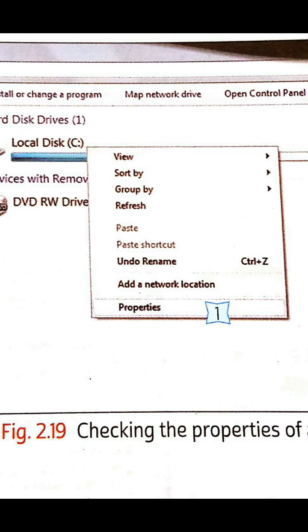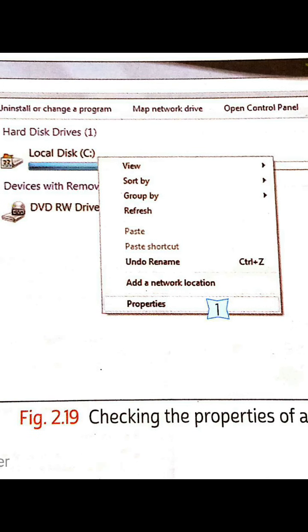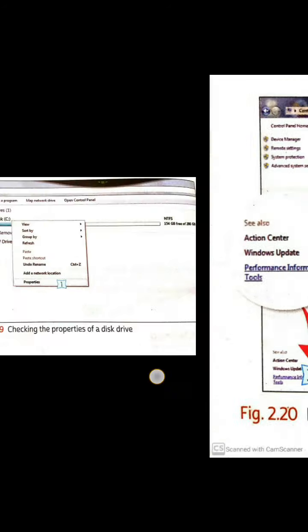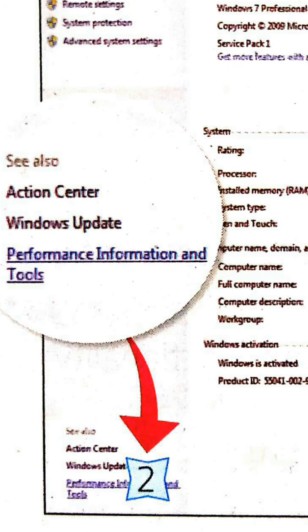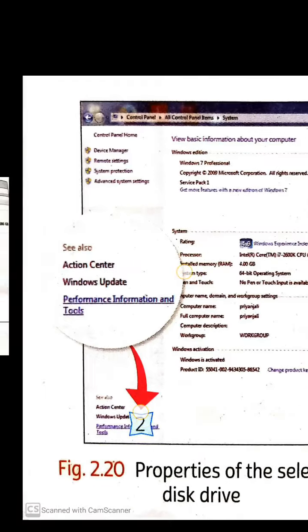After that you have to click on performance information and tools, and then click on open disk cleanup. The disk cleanup box will open up and the cleaning process will start.